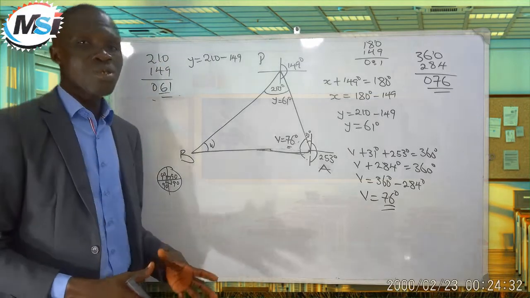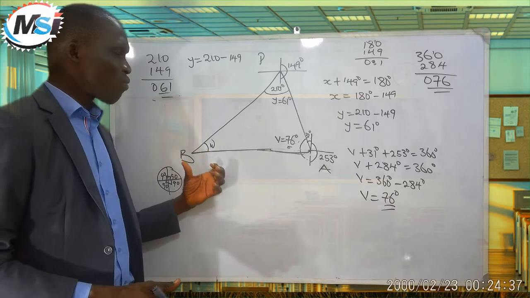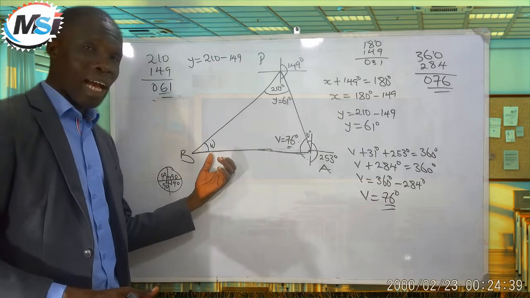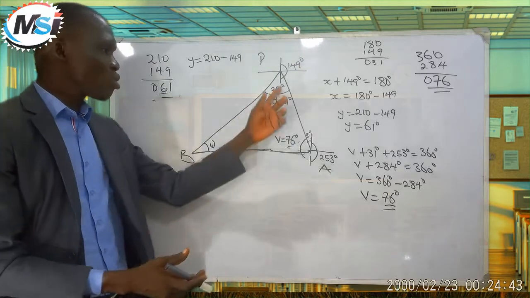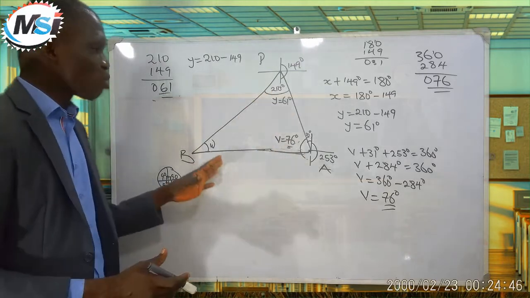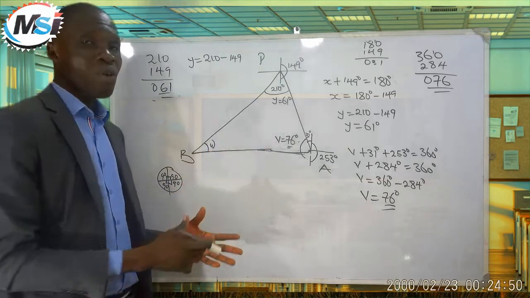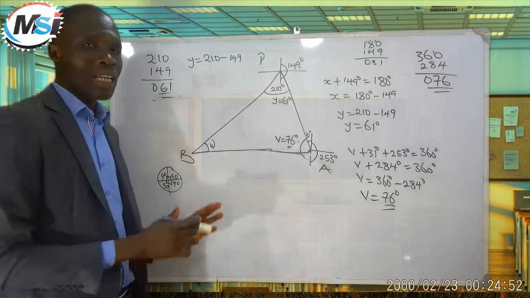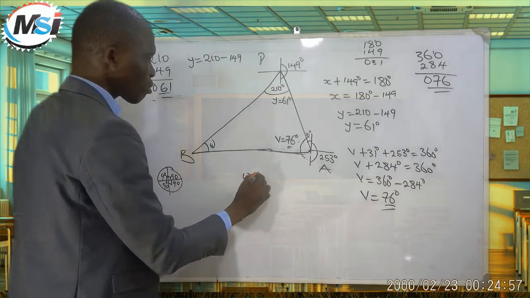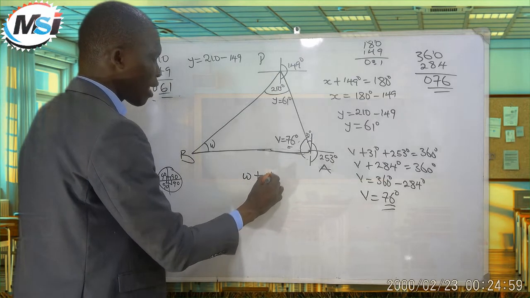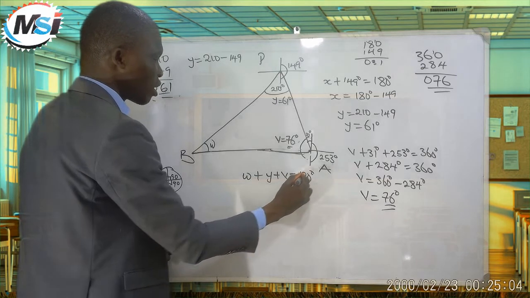Now the next thing to do is we want to find the value of W. To find the value of W, which is the angle, you need to understand that this shape is a triangle. 1, 2, 3, a triangle. So to find the value of W, you have to know that the sum of angles of a triangle is 180 degrees. So what will you do? You just say W plus Y plus V equals 180 degrees. So this will give us